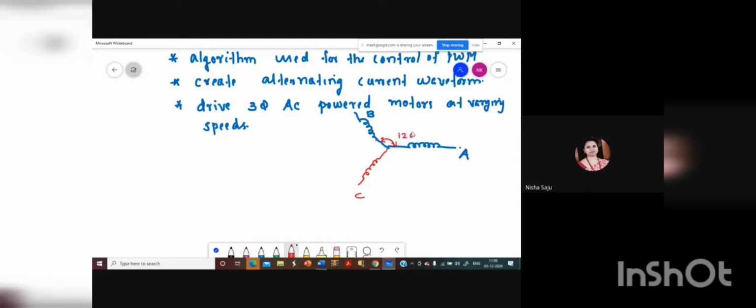Again, this B and C will be displaced at an angle of 120, so a 120 degree phase shift will be there. And this will be displaced at an angle of 120 degrees. So if you have a three-phase balanced voltage applied to a three-phase induction